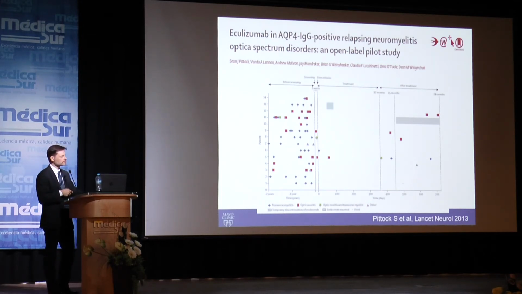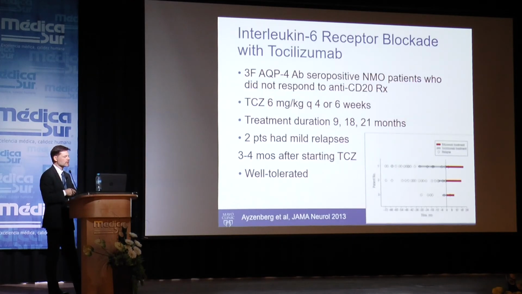This was a study that we did at Mayo Clinic, a pilot study. You can see here patients had very active disease. Every one of these diamonds and squares and circles is an attack. Then we treated them with eculizumab for a year, and we had no confirmed attacks. Everything that occurred during that 1 year was ultimately thought to be a pseudo-exacerbation, not a true attack. We withdrew the drug, put them back on different immune therapy, and 5 patients had 8 attacks, and we thought that that probably bolstered the argument that eculizumab was helpful. This drug is now one of the drugs well along in a phase 3 trial.